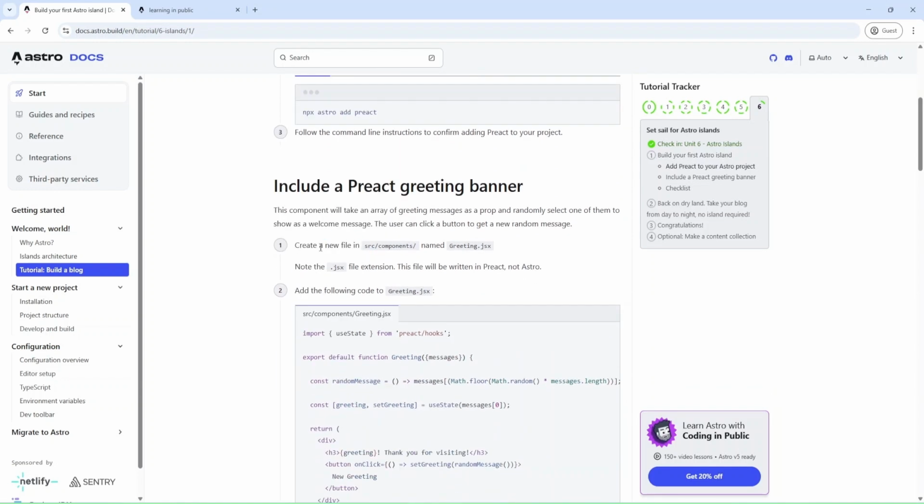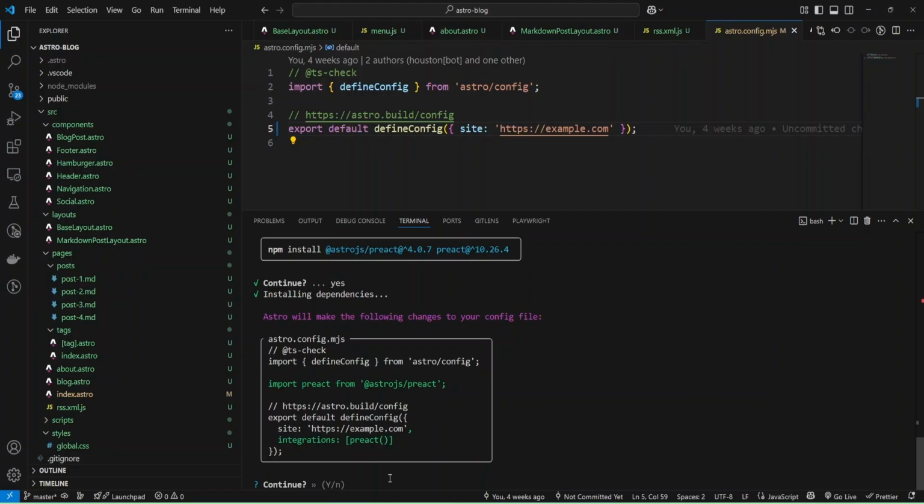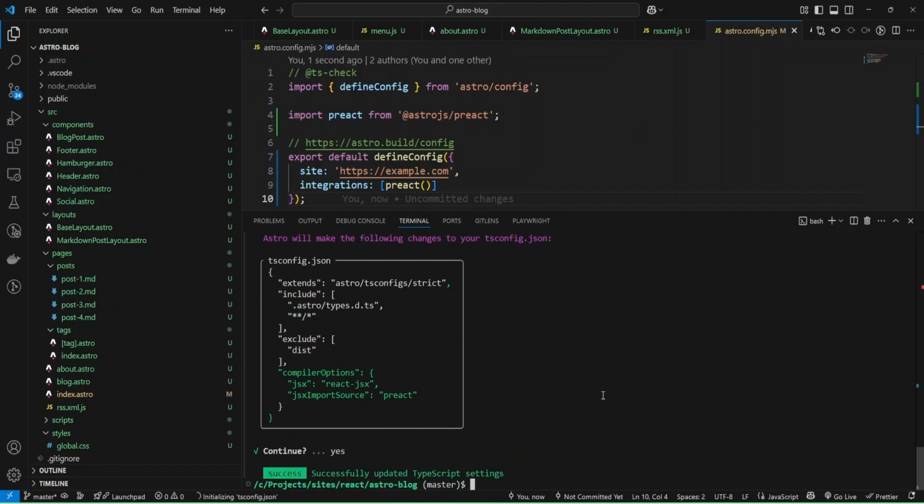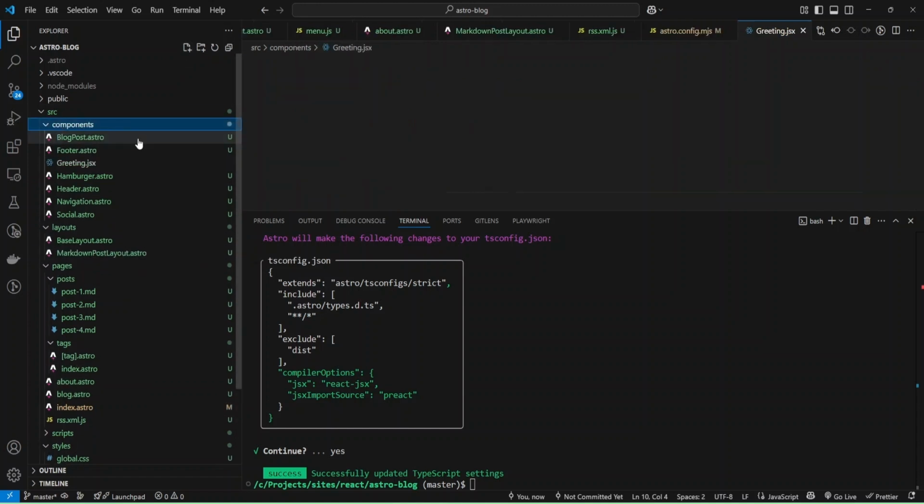And we need to add new component greeting. Okay, and continue here, and again. Okay, we have our dependency, and let me add new component, new file.